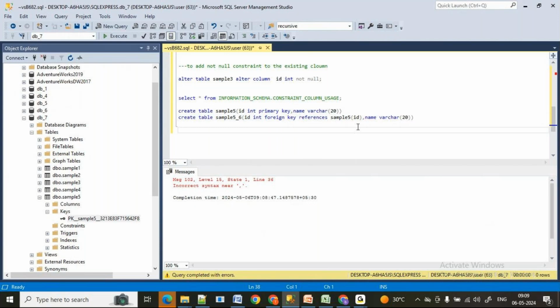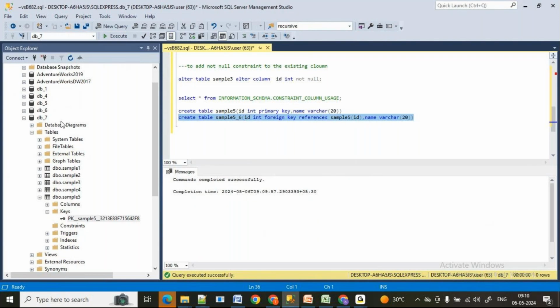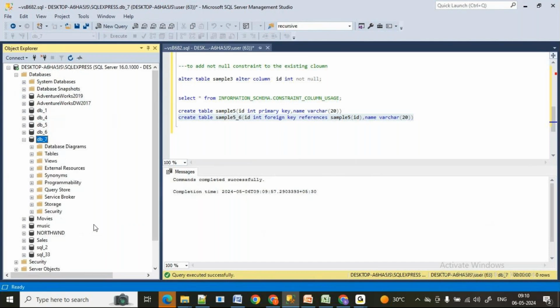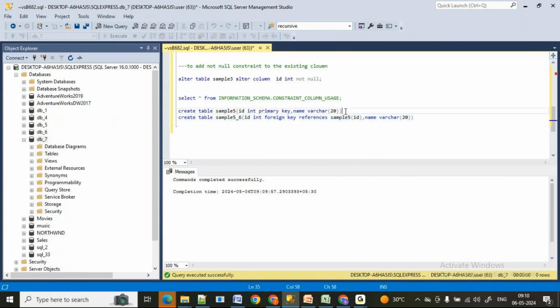Okay. Now try to create it. See, the command completed successfully. Now refresh this one. See, you need a lot of patience to understand all this. That is why I am executing command by command. You can take a screenshot of this one.